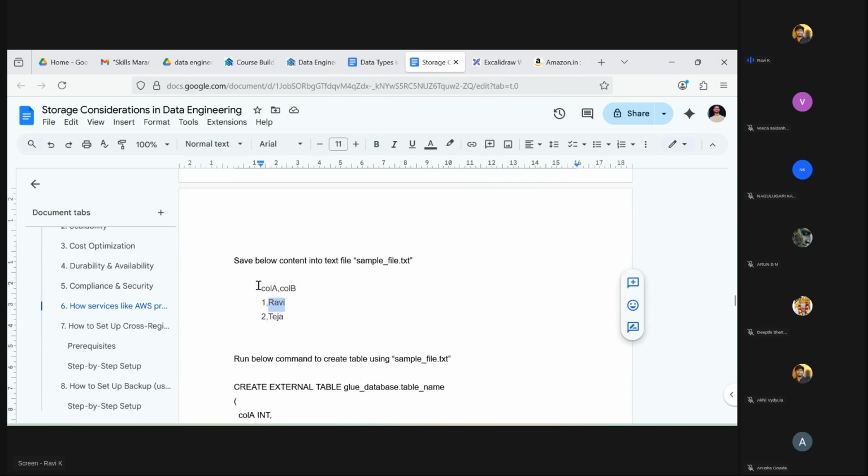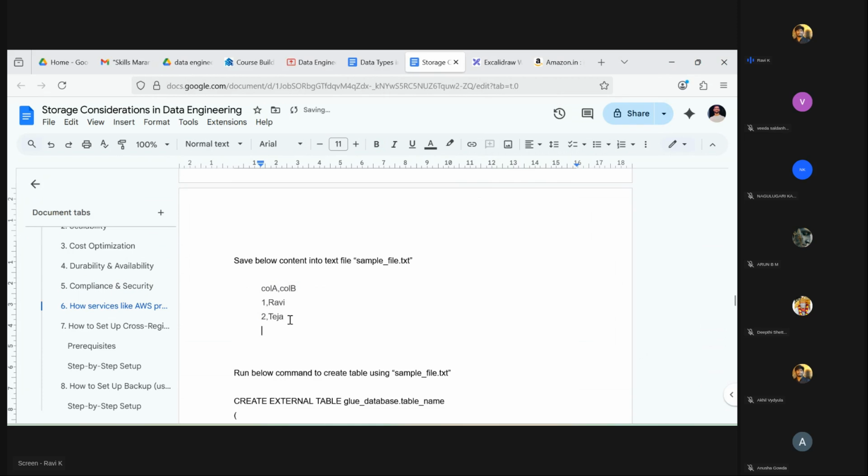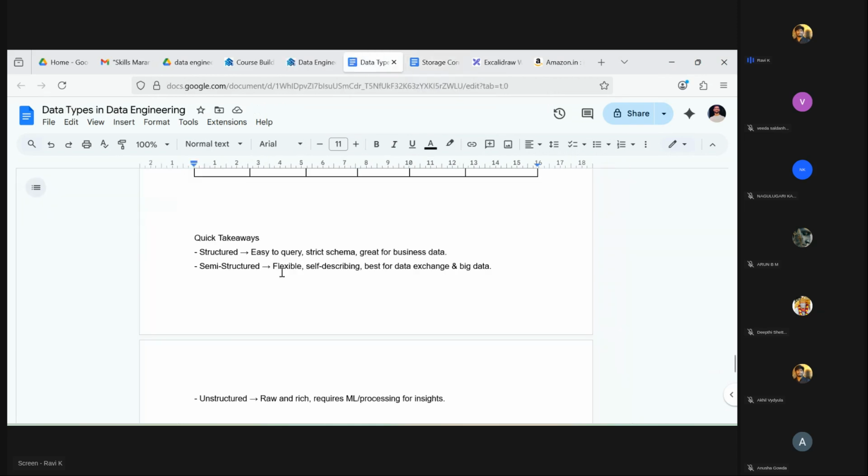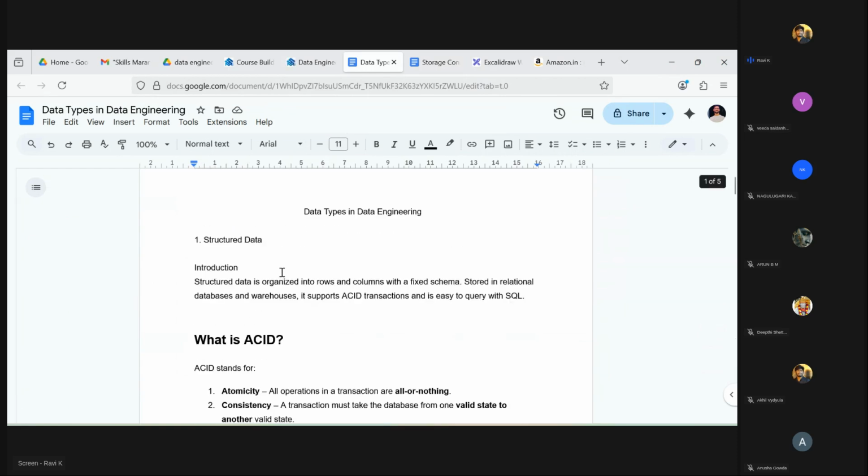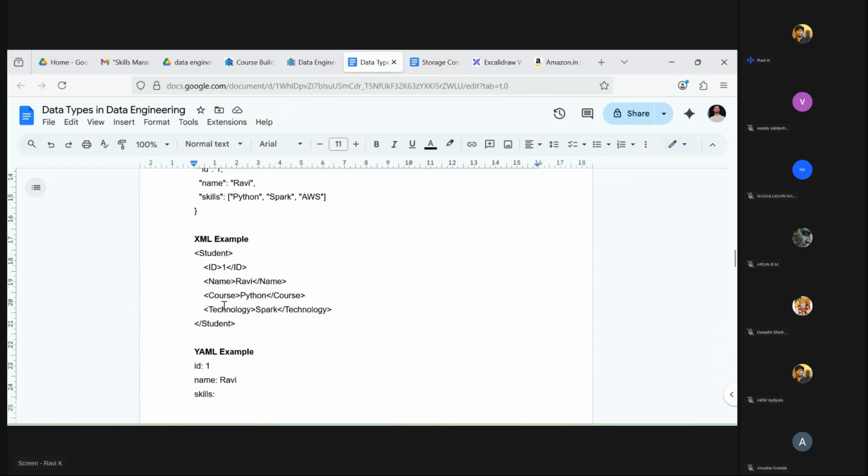But for this CSV file, I'm not going to maintain any data types. So for column 1, I can just go and give Virat, and just 234. It still works. It won't throw any error, because here we are not imposing any schema, I mean data types. We can give anything, right? The schema is not strict in semi-structured data. So that's how it looks.